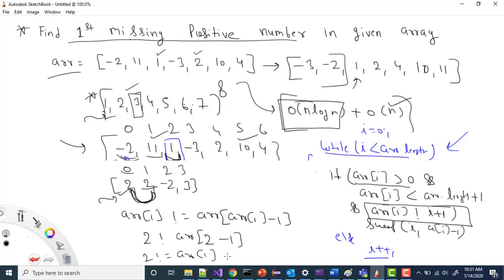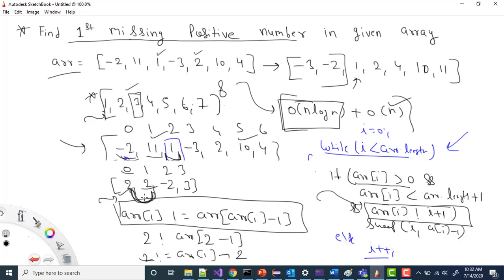But right now they are equal, because array of 1 is also 2 and this is also 2. So in this case we will not swap the value and we'll move further. So rather than the earlier condition, ideally we should apply this condition. This will cater to the duplicate values as well.